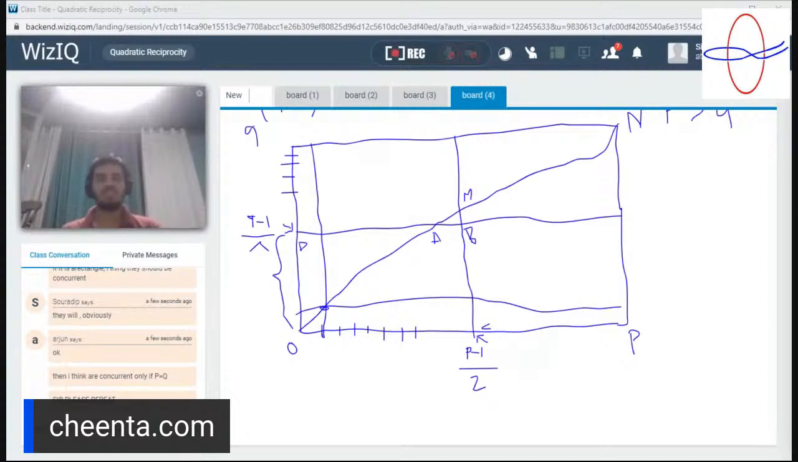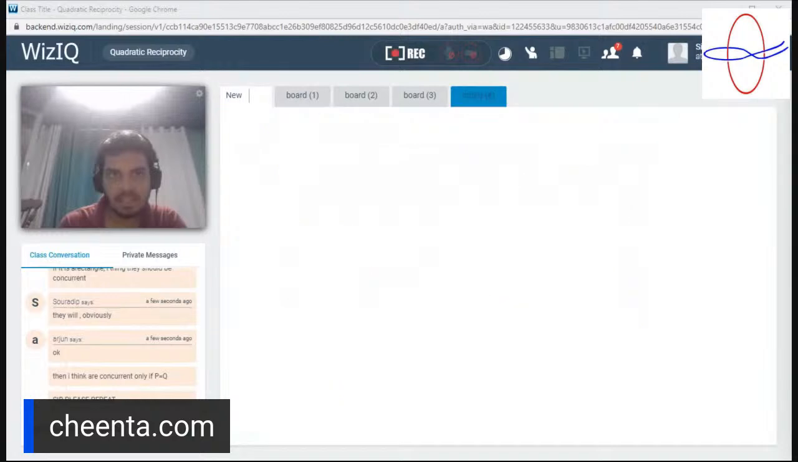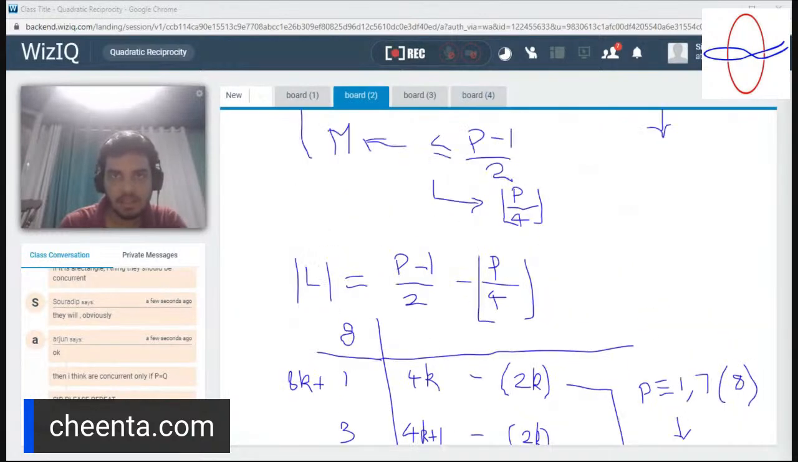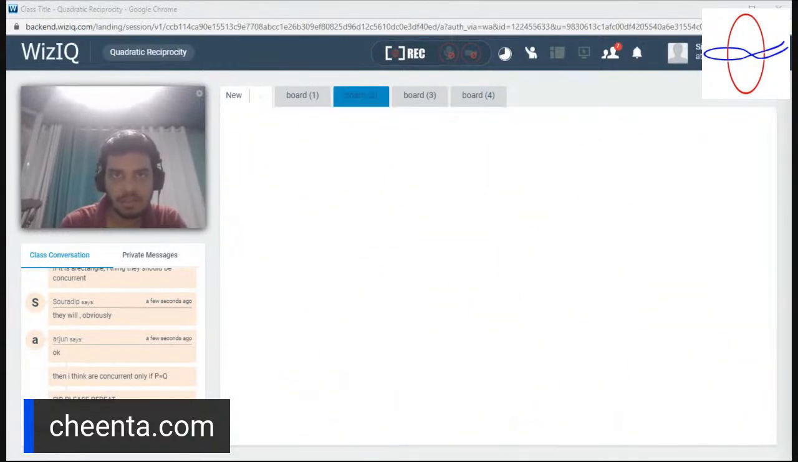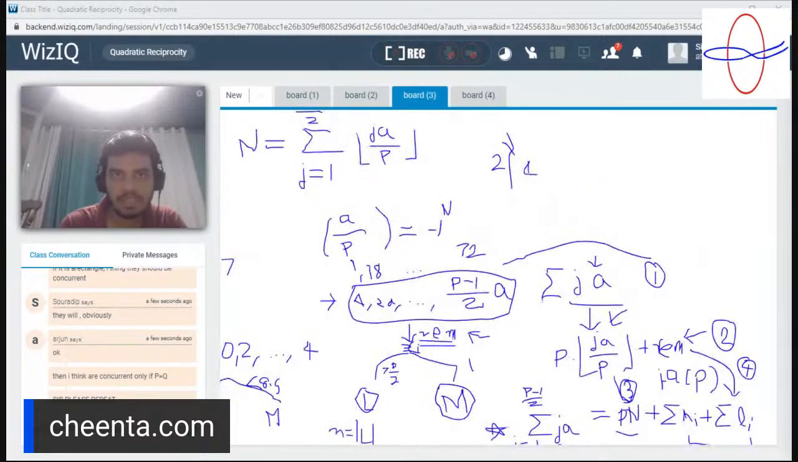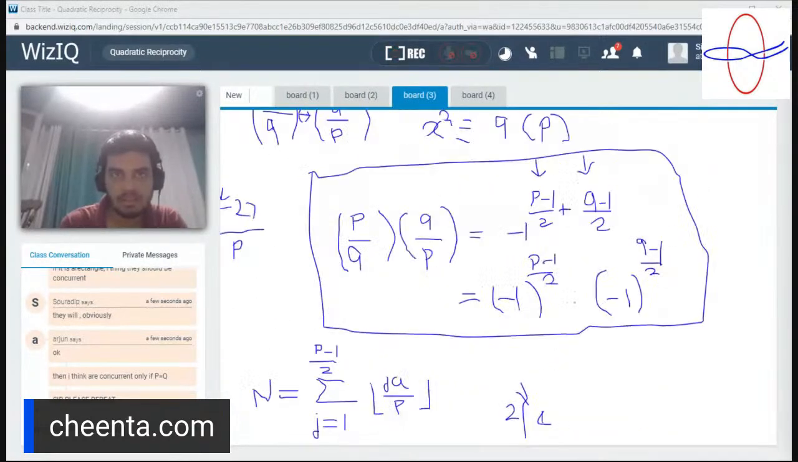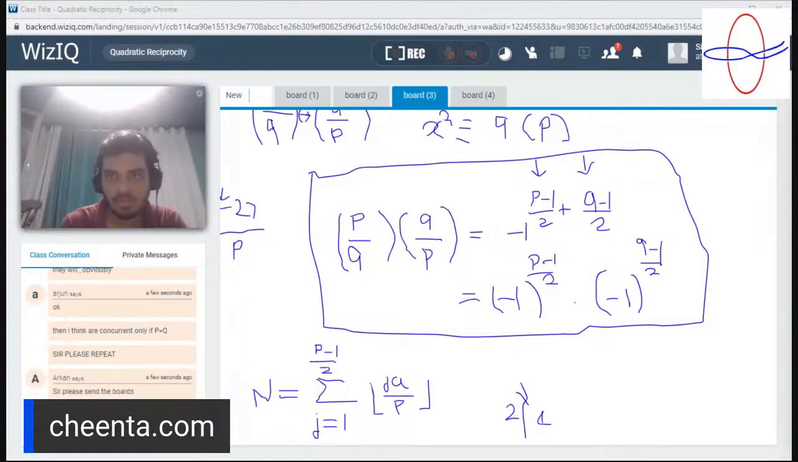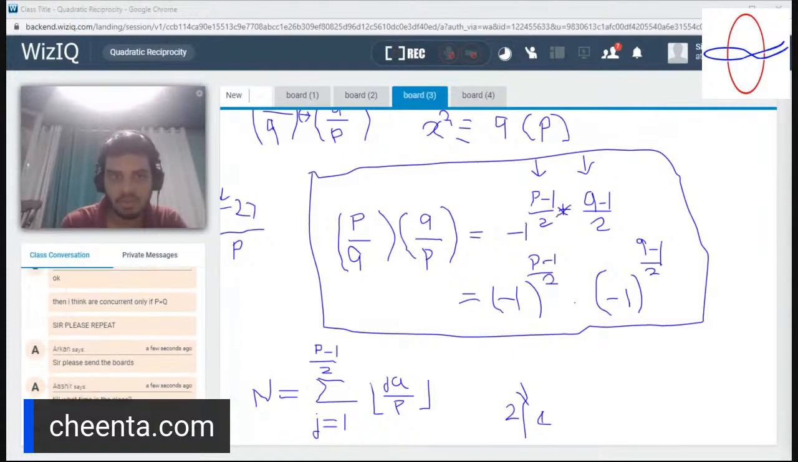And just by direct calculation, you can see that this is actually equal to, sorry, back here, this is not equal to (p minus 1) over 2 plus (q minus 1). This is equal to,